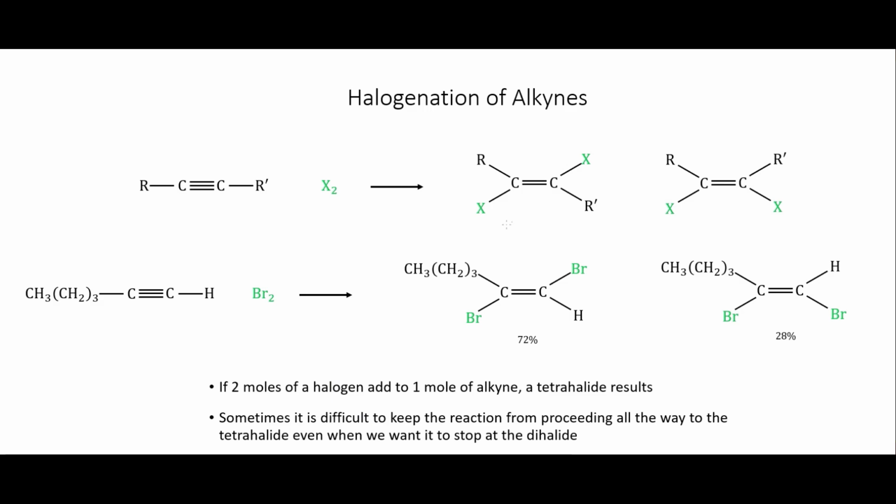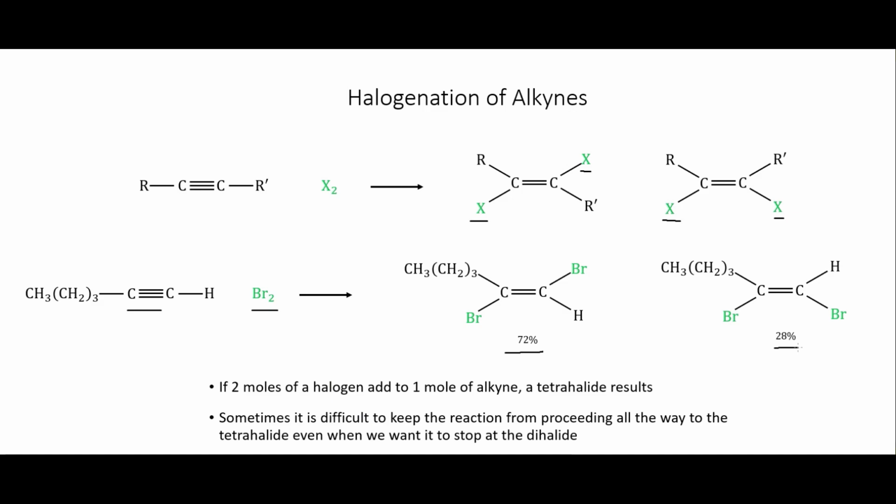Now we're ending up with a double bond with these halogens here, either in the trans or in the cis isomers right here. So taking a look at a little bit more of a concrete example, we're adding this bromine across this triple bond. And so we can get the trans isomer here, which is going to be the major product, and the cis isomer here, which is going to be